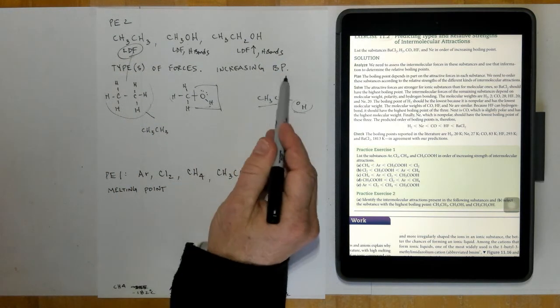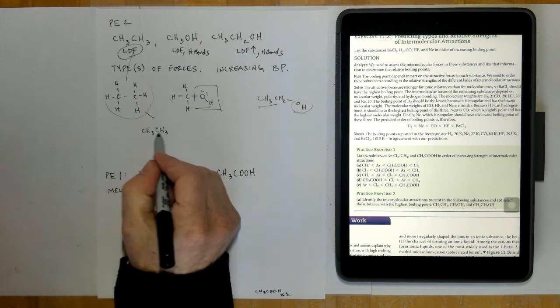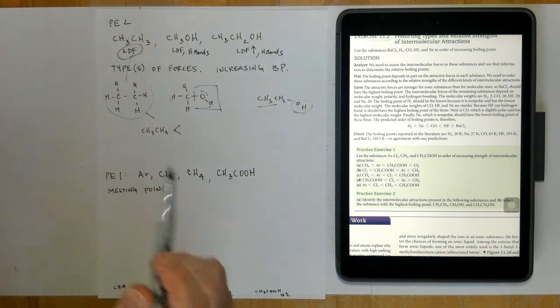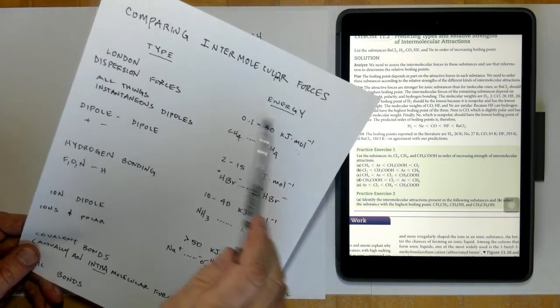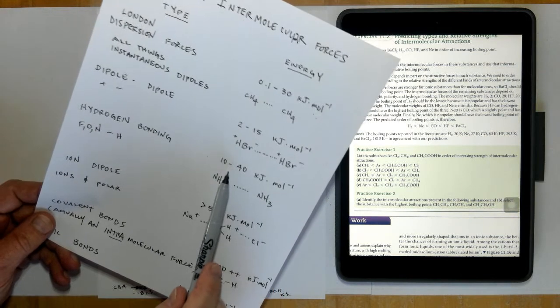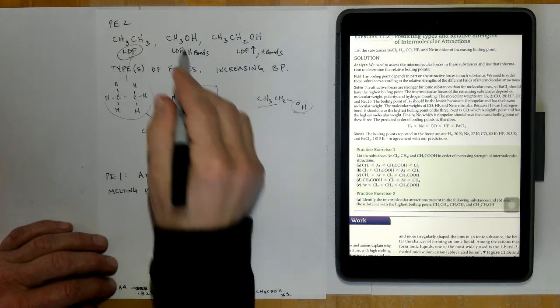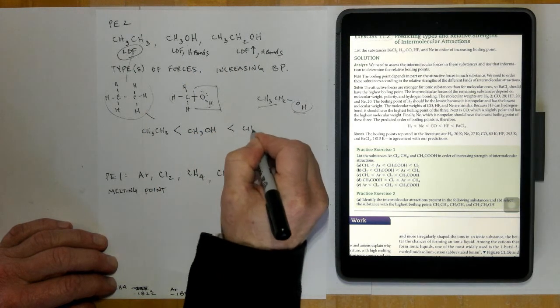Now let's list them in increasing boiling point. Well, our one that would boil the lowest, or change from liquid to gas at the lowest temperature, would be the CH3, because it only has London dispersion forces. And remember, those by themselves are medium strong, but not super good. But if you add in the hydrogen bonding forces, of course, it's going to be a lot stronger. So our next one then would be this CH3OH, and our last one would be the